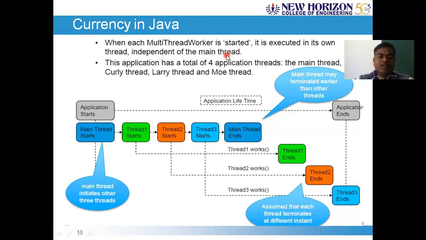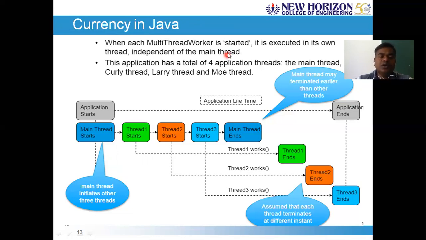That is the beauty of multi-threading. All these child threads that you create from the main thread will share the address space associated with the main thread, and the communication between them will be relatively faster compared to inter-process communication.